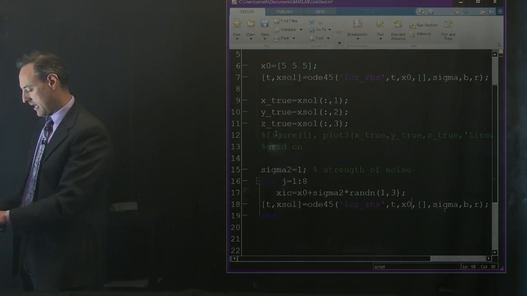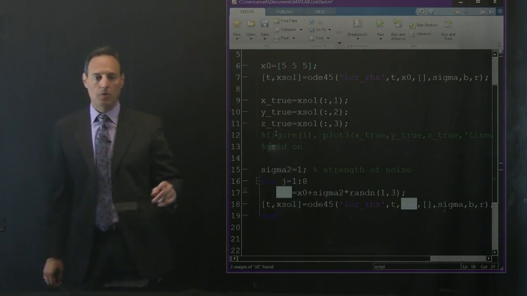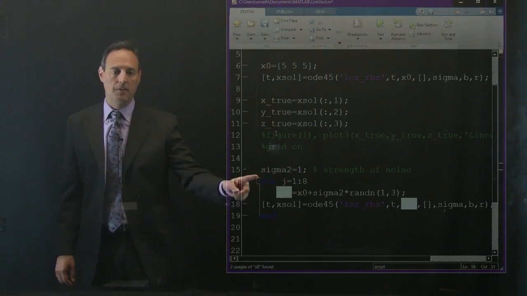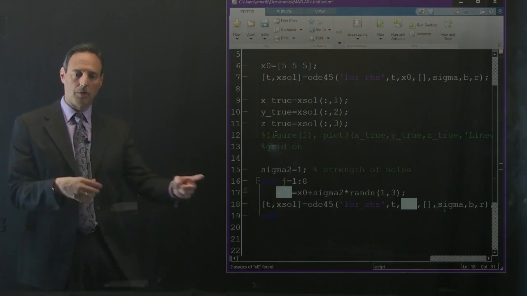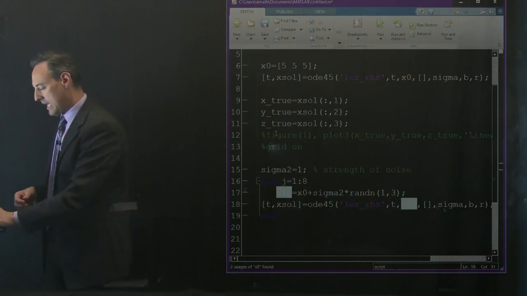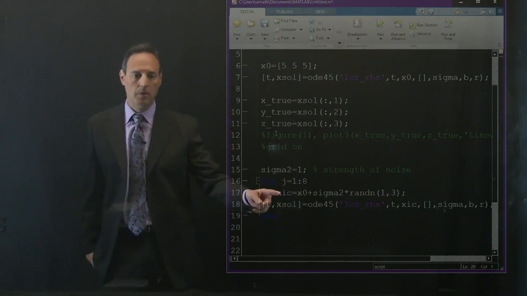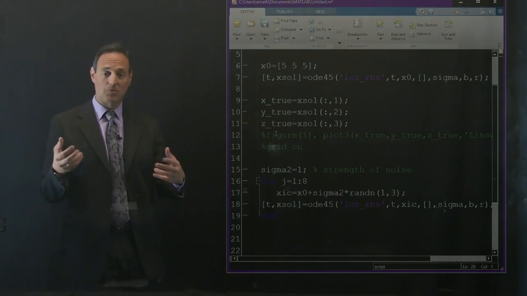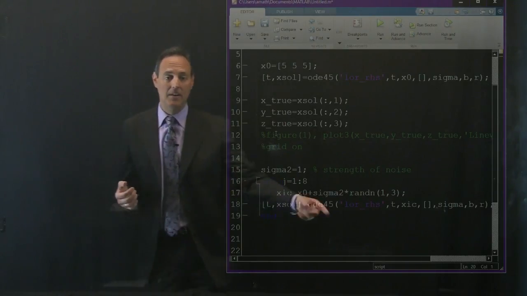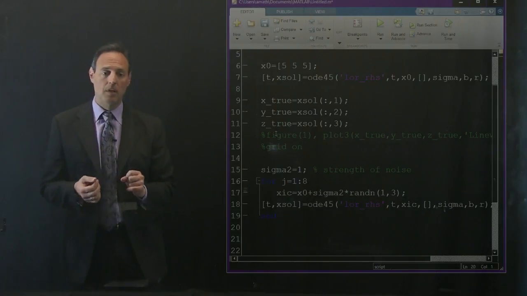Okay, and we're going to send in now xic. So what I've done here is I've determined the strength of the noise, and we can play around with this. We can make it stronger noise, weaker noise, whatever we want to do. We're going to go through 8 times through the loop. Xic is what the original initial condition was, which was 555, and now I add a random variable